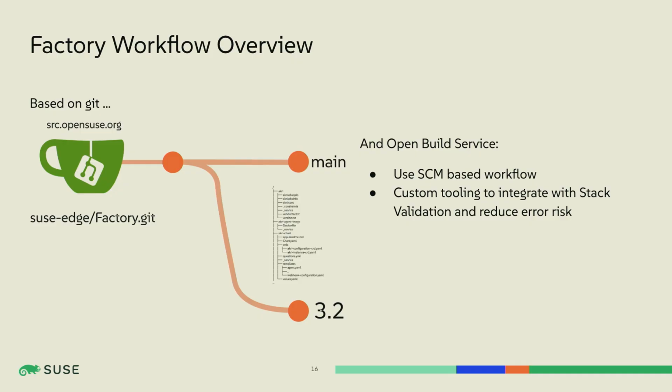And whenever we branch from this, we create a new release branch that will contain what will be, for example, the 3.2 version or the 3.3 version when we branch that version. And then we have Open Build Service. So if you hear me talk about OBS here, it's Open Build Service, not the streamer toolkit. So we use the SCM workflow,